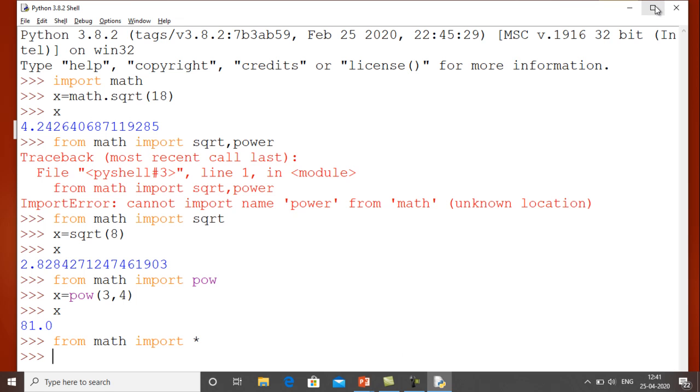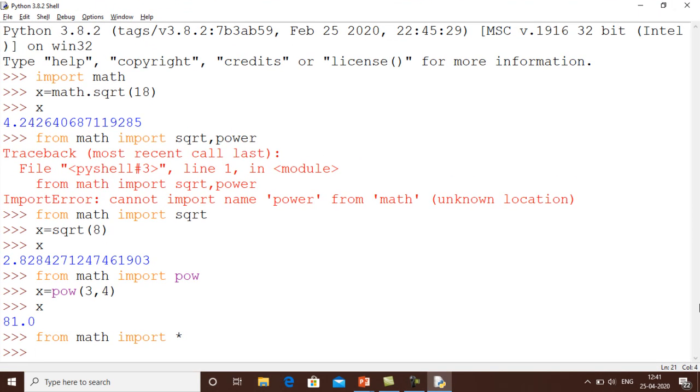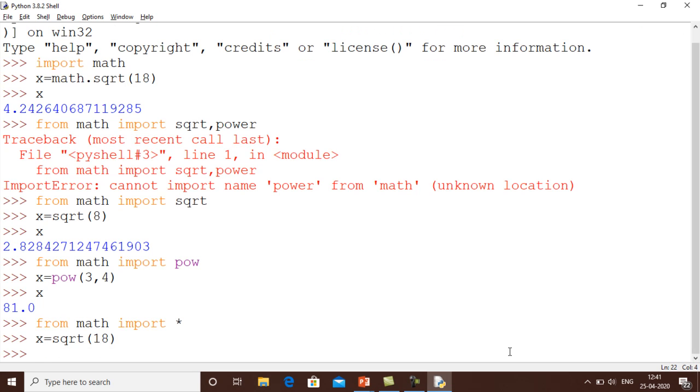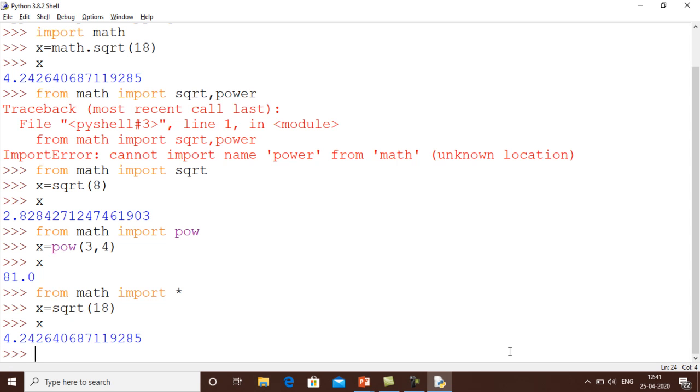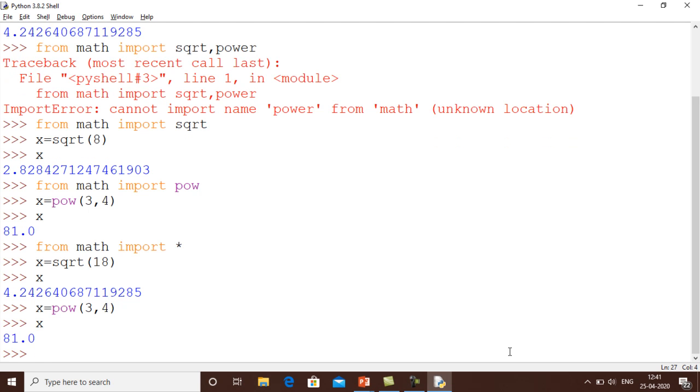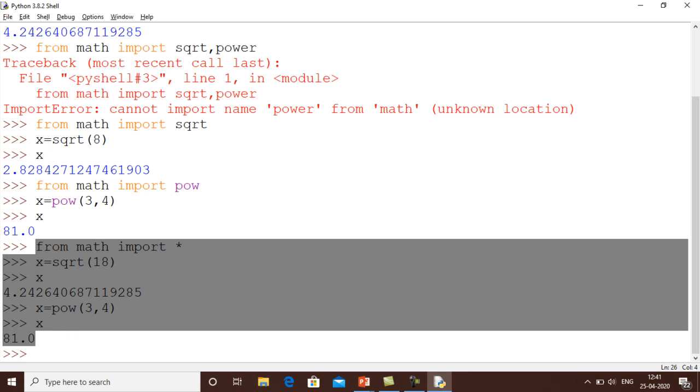Let me first maximize it so that we can view all the answers. Now x is equal to sqrt of 18, and I get the square root of 18, and if I write x is equal to pow(3, 4), then I get the result of 3 raised to power 4. So if I write from math import star, I can use any function present in that module, and I don't have to prefix the module name before every function name, okay.